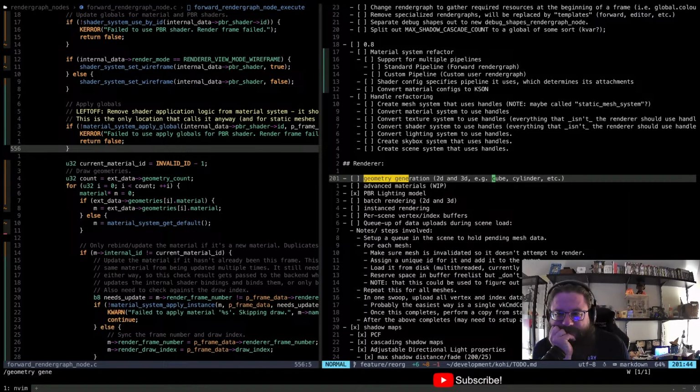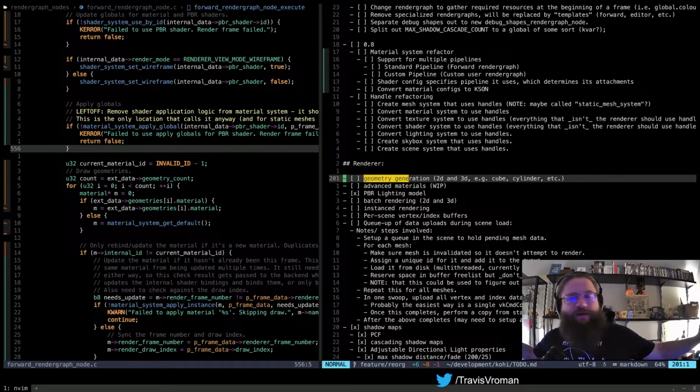Do I have a cylinder? I think I did a cylinder, or if not, I've got it around on a branch somewhere. I forget. So we may deal a little bit with some geometry generation just for a simple arcade game. You might be right on that. I might do that, or I might just use OBJs for it, frankly. We'll see where we wind up. It may be easier to just use OBJs.